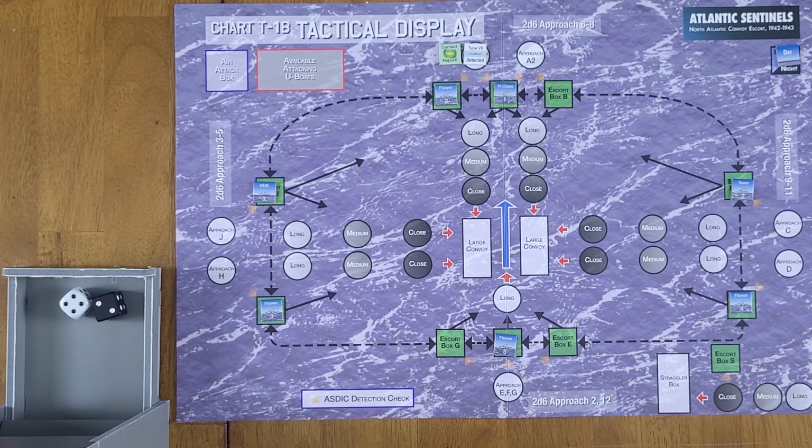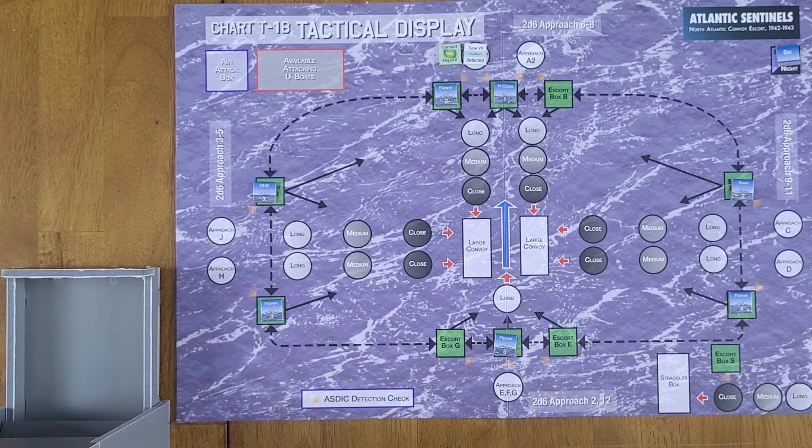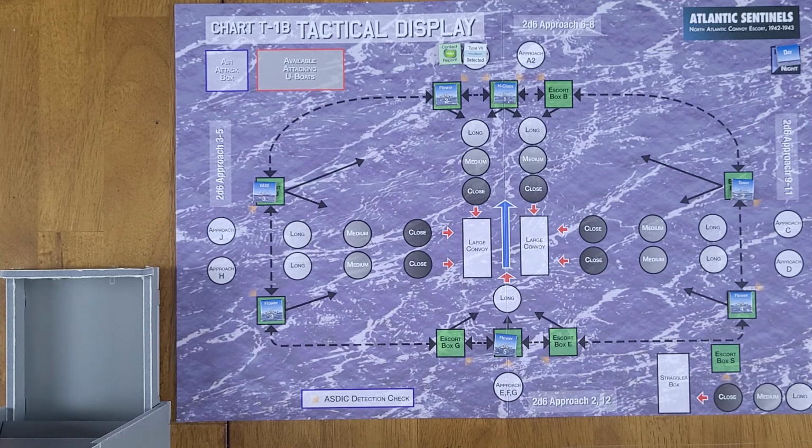Then we have 24, which is flak gun. That flak gun. And the third hit, 34, is crew injury, which doesn't really matter in this game unless you're playing it paired with the hunters, which we are not. And the fourth hit,